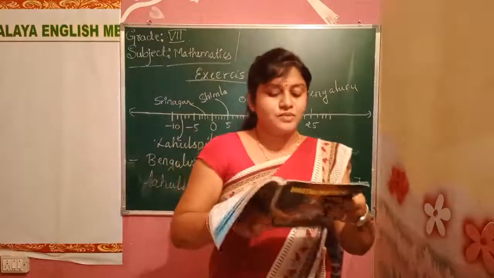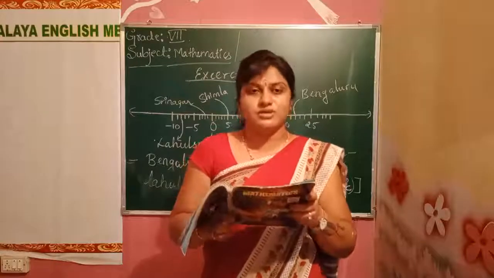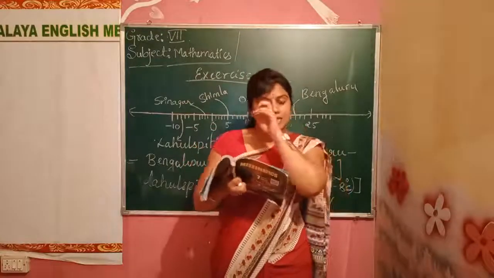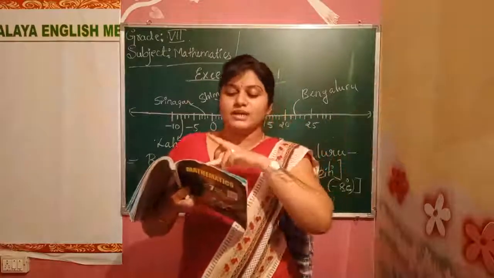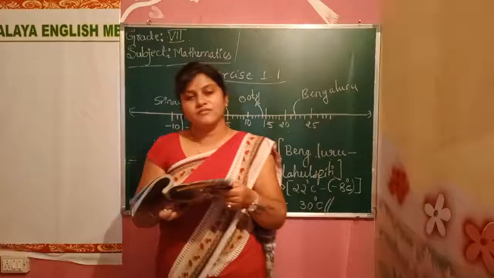Okay, children, understood? Now the last one, C and D, you have to do by yourself. Try it once. If you not understand, we'll solve it in the next class. See all the number lines and cities carefully, then write the answer. Okay, children, we'll see it in the